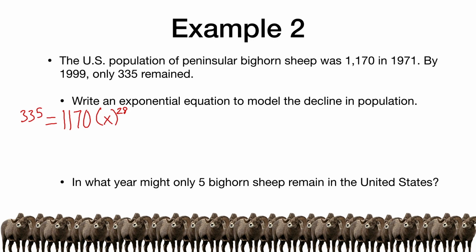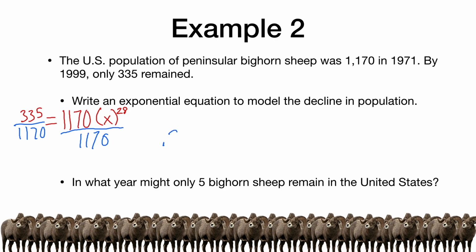Now, we're about to do something that we're going to be seeing a lot. Our first step here is, I have an exponent, but I want that by itself. So what I'm going to do is divide both sides by the number with it. So in this case, I'm dividing both sides by 1,170. So my first step is to find out what 335 divided by 1,170 is. And in this case, that means